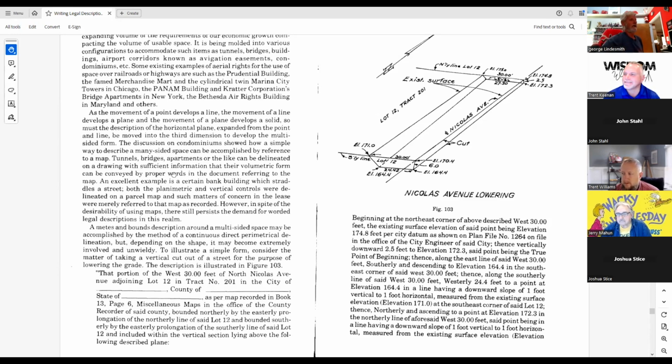Okay, I worked on an ALTA survey for a certain hotel here in Reno that Trent's probably familiar with, that we ended up finding out was 6 inches higher than it was supposed to be, and it actually ended up in a navigation easement in the approach to the Reno airport. Not a good situation, but they ended up working around it. We had to use a basis of elevation for 2 different descriptions to figure that all out, and a lot of math work to figure out where we were within that navigation easement because it was a slope.